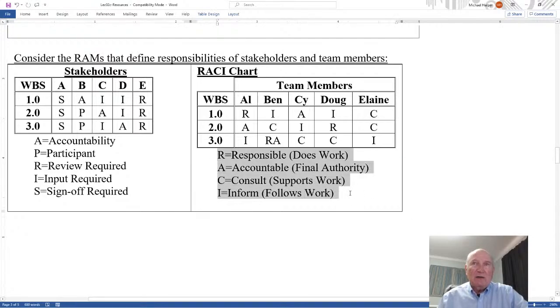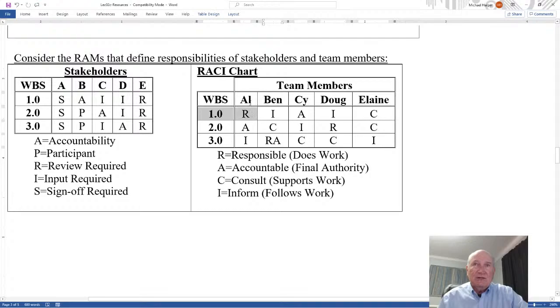Now, the RACI model is important because it identifies who's going to have the final authority, who's going to be doing the work, who's going to support the work, and who needs to know about the work as you go through. And so you have a RACI model. And notice for each of these